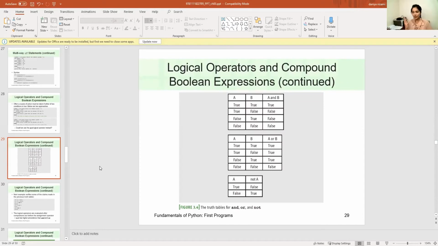We have 3 logical operators: and, or, and not. And the representation of and, or, not is different in different programming languages. In Python, you just write simple and, A-N-D, O-R, and N-O-T. What does the and operator do? Just forget about not right now, and or. And means, when you have